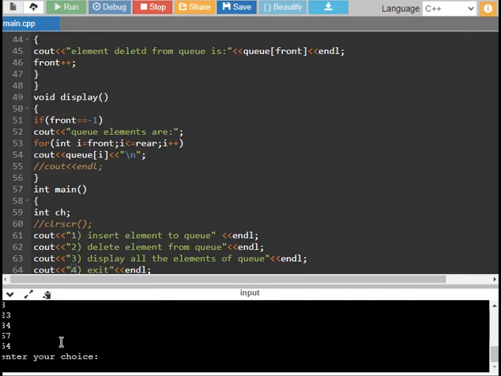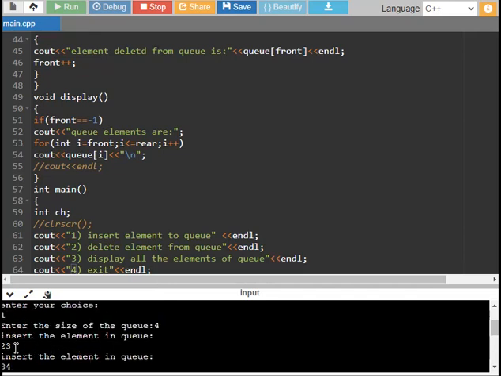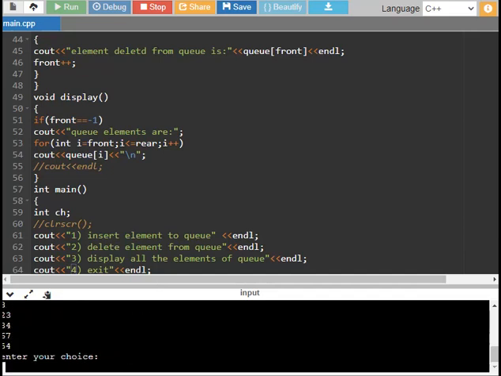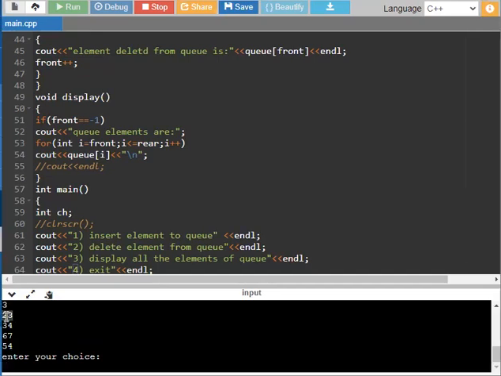First, I enter 23, 34, 67, 54. So the first value is 23.